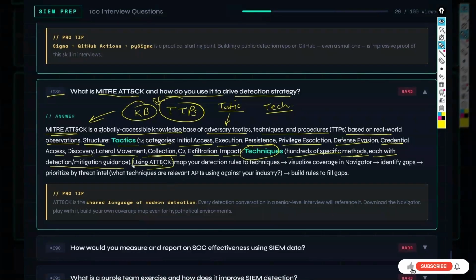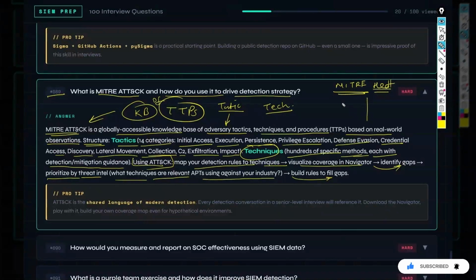And using ATT&CK, you can map your detection rules to the techniques and visualize the coverage in Navigator, and then identify the gaps. You can also prioritize by threat intel, by technique or relevant APTs targeting your industry. And you can build rules to fill the gap. So basically, a MITRE heat map or MITRE dashboard in your environment can show you how much is covered from the detection point of view, and what are the opportunities